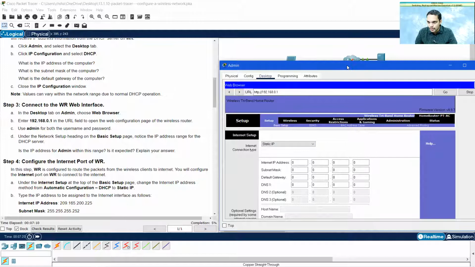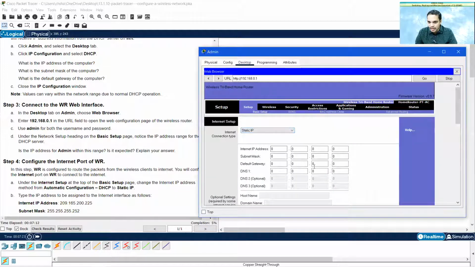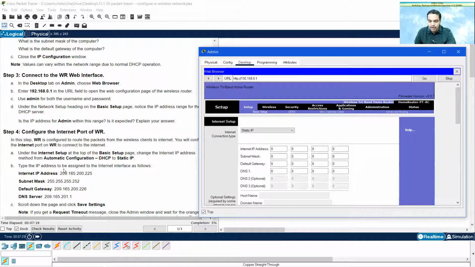Once I change it to static IP address, it automatically asks for this type of information. This is already given to me, so let me enter it here. The internet IP address is 209.165.200.225. Make sure that you don't make any typing mistakes when entering these addresses.